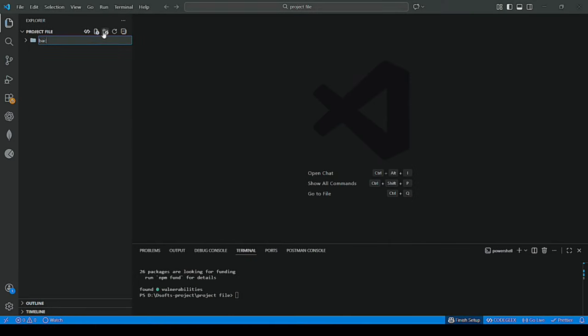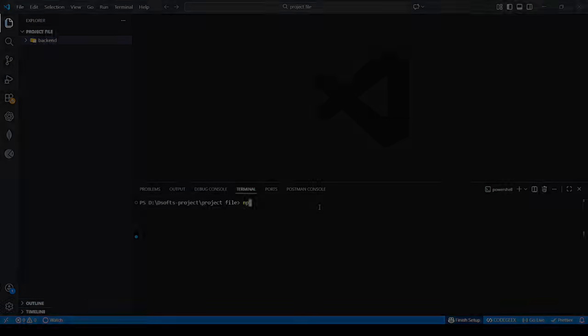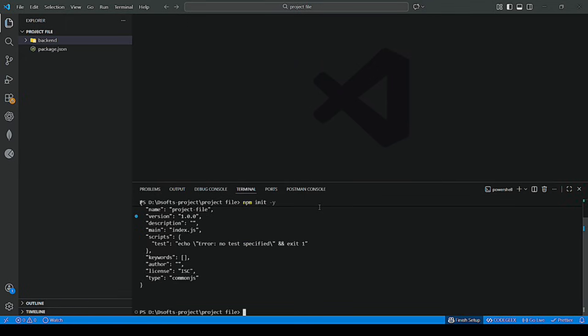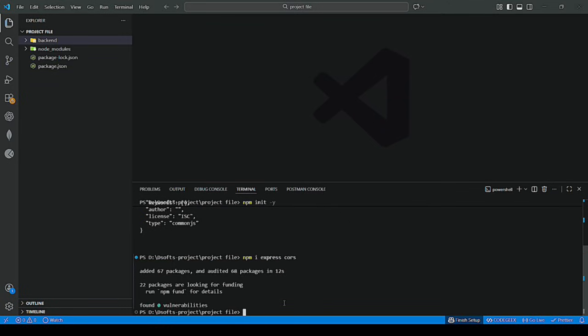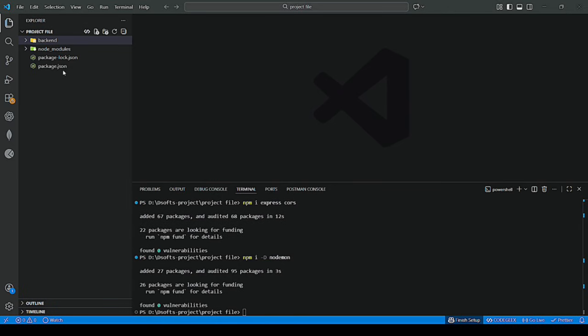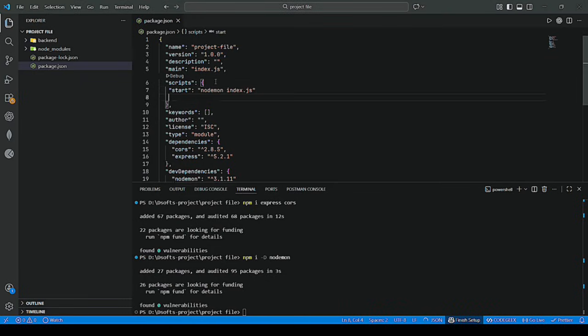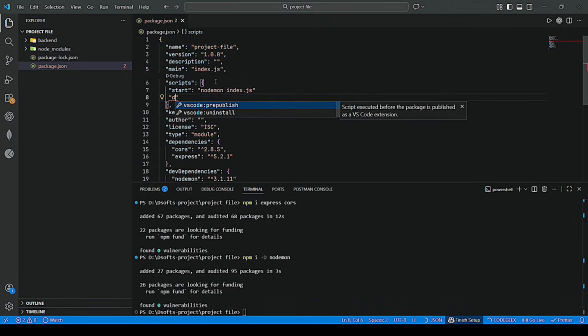First of all, we are going to create our backend folder. So we need to initialize the backend. To initialize the backend, npm init -y. After this, we need two dependencies, that is npm i express and cors, and one more dependency is needed, that is nodemon. So we will install nodemon also. This is our package.json. Inside that, we need to change the type from commonjs to module, and then change the script. So first of all, we need a start script with nodemon and